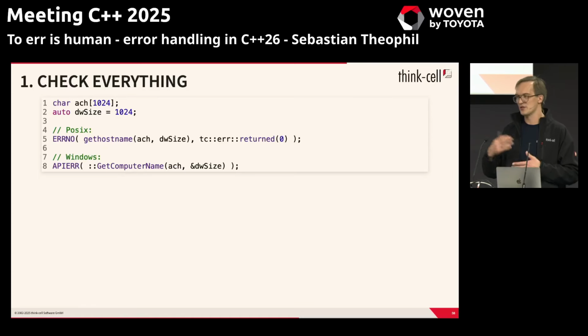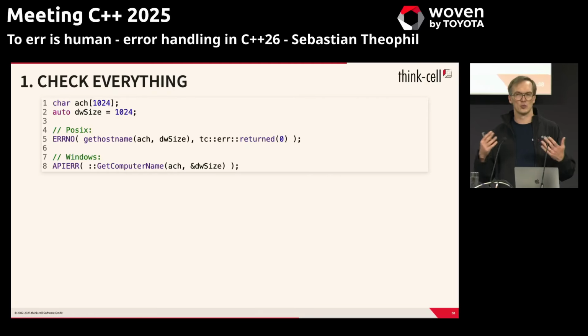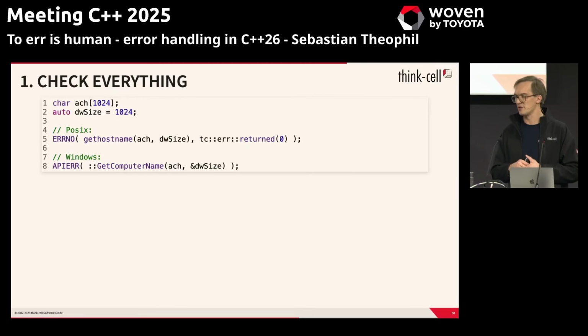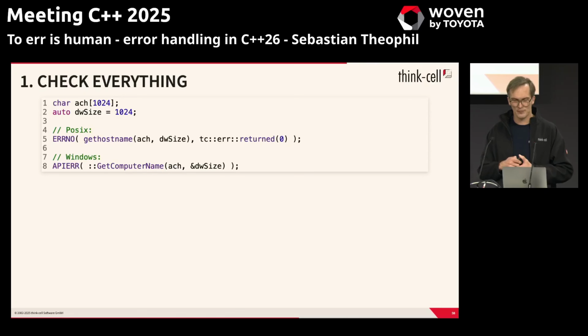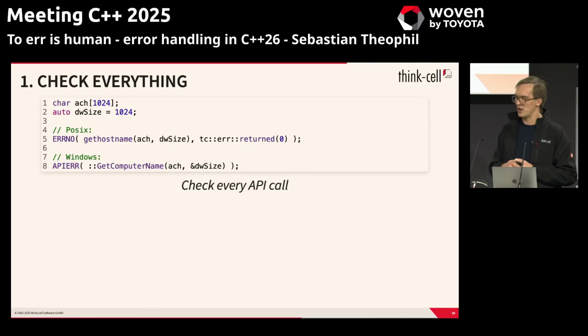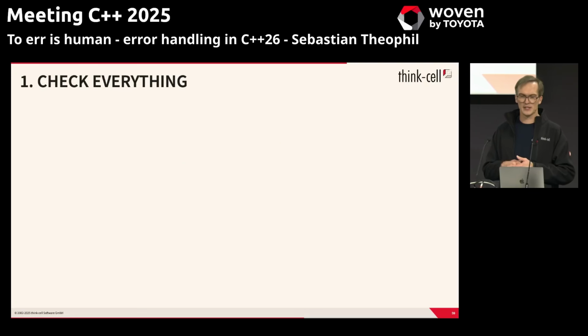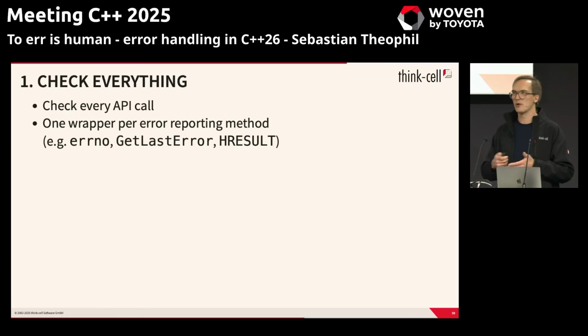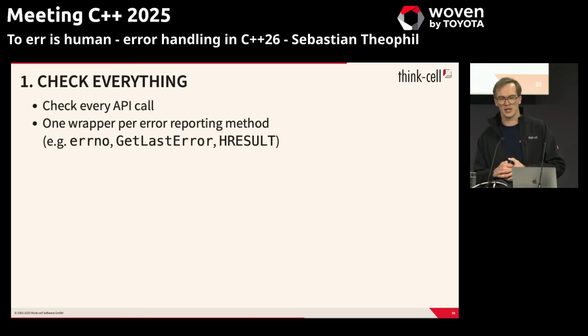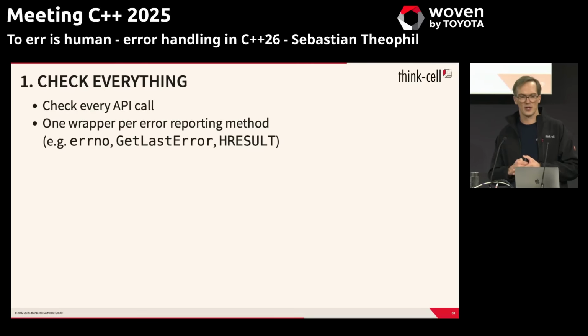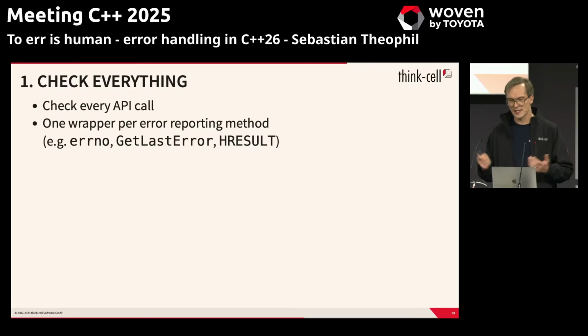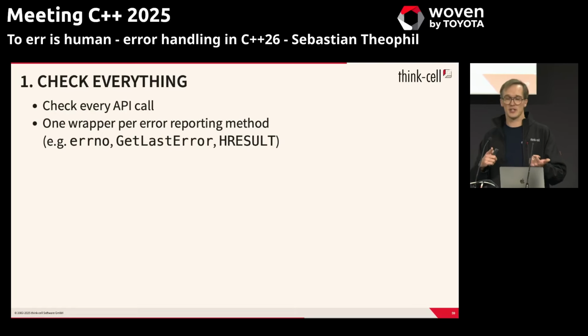Similar on Windows, there's this certain standard Windows API error protocol. I think they also return 0 on success. Otherwise, call GetLastError, tell us what the problem was. So we check every API call, and we make this very easy. There is a different wrapper for every error reporting mechanism that those operating systems have. There's errno, there's GetLastError. Windows sometimes has HRESULT error codes. There are Mac kernel errors,